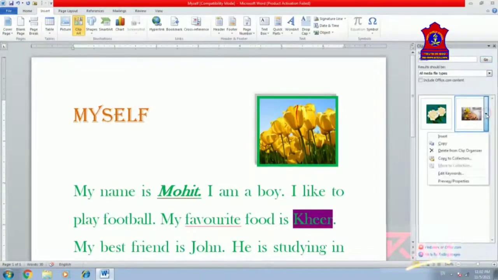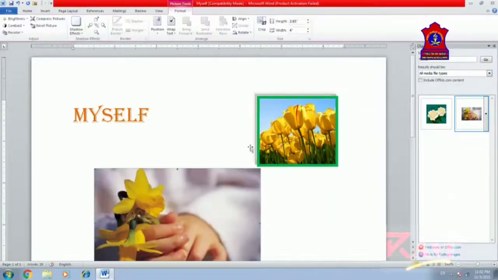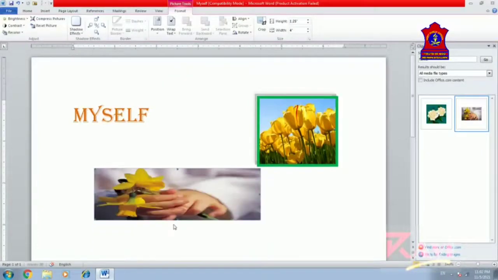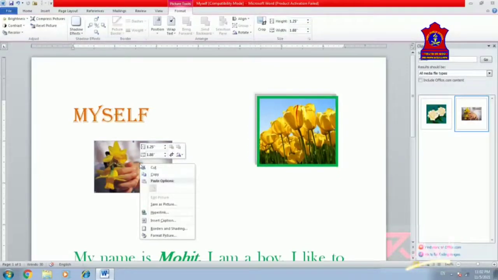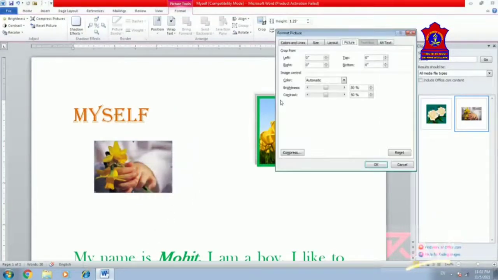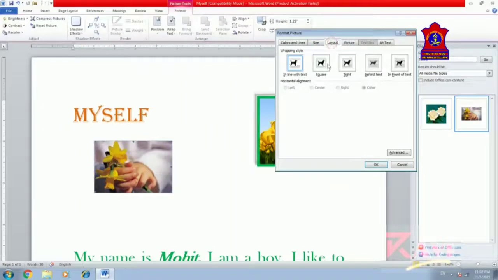So I'm just going to click on this arrow, click on insert, and this flower is inserted. You can resize this picture. Then right click on this, and then click on format picture, click on layout, click on tight.